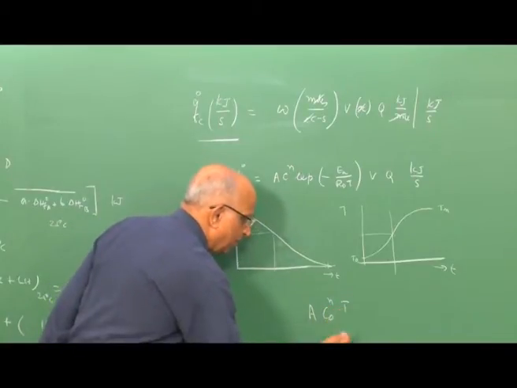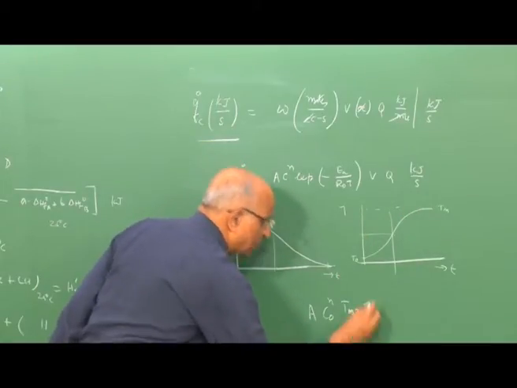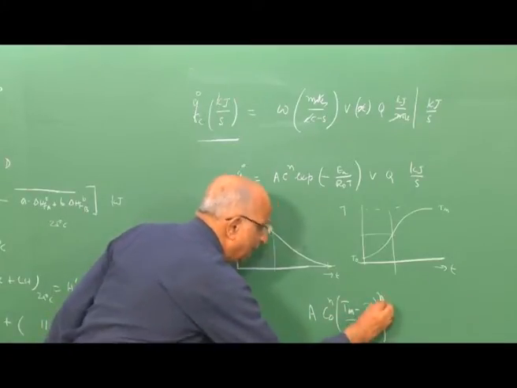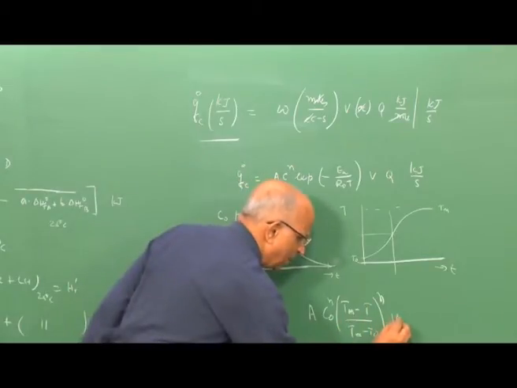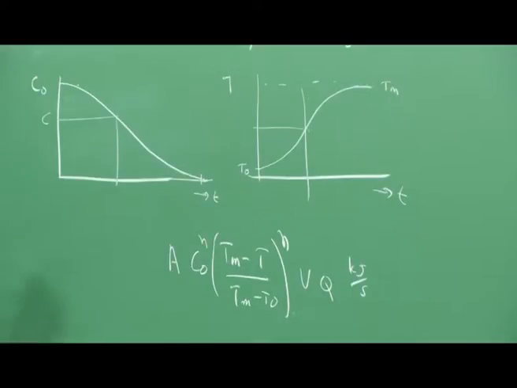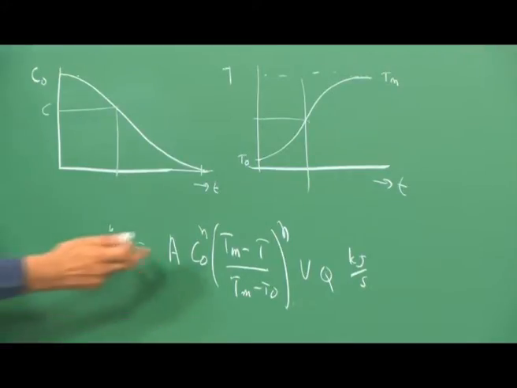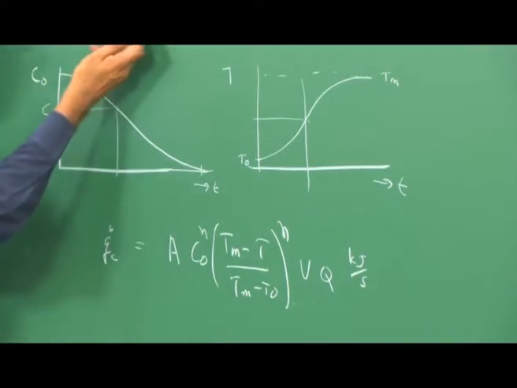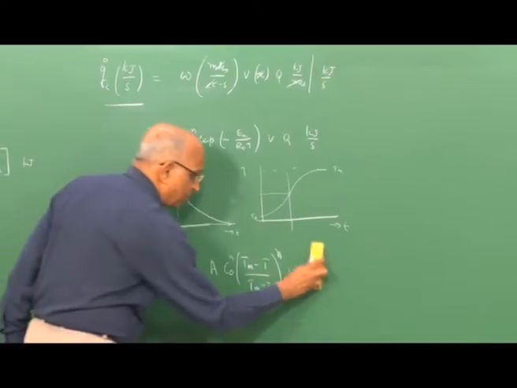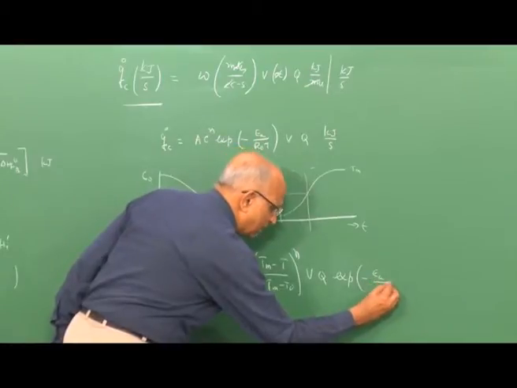We also got the expression T maximum, that is the maximum value over here, minus the temperature at any point in time, over Tm minus T naught to the power n again, and I carry the other expressions through, namely V and Q, so much kilojoules per second. We learned how to plot this and we interpreted how the energy will release. What is missing? I said C is given by this, V and Q, so I have to take this into account. Therefore, I still have the exponential term, and this is what really makes the system interesting, because let's now take a look at it.